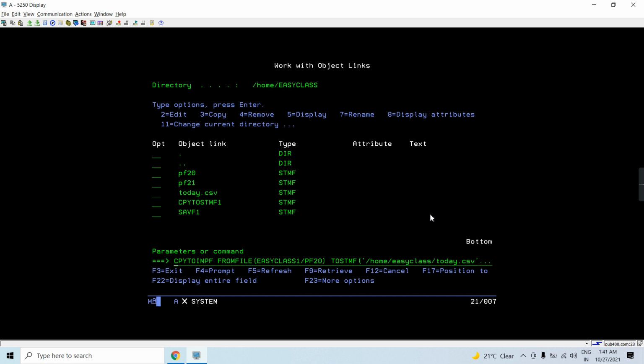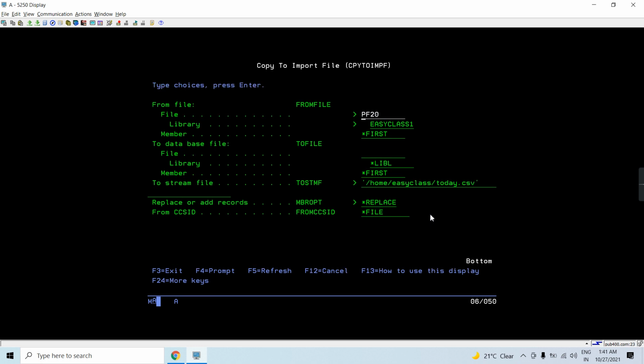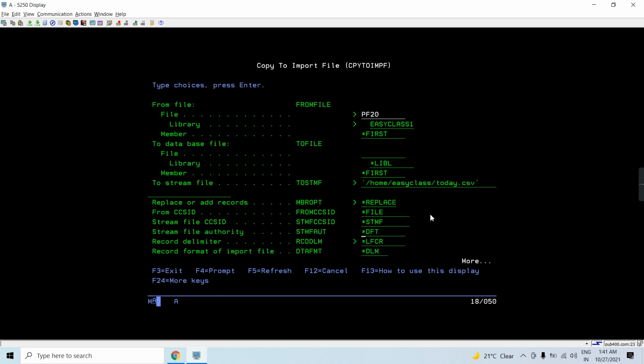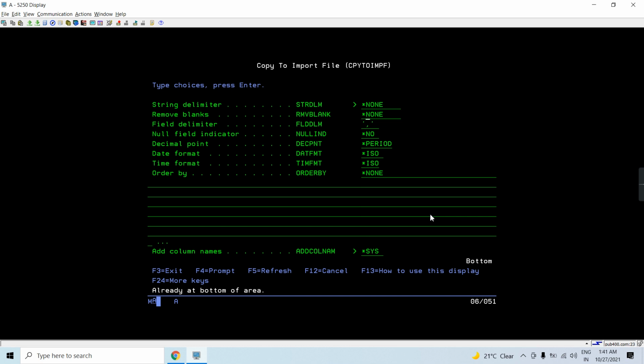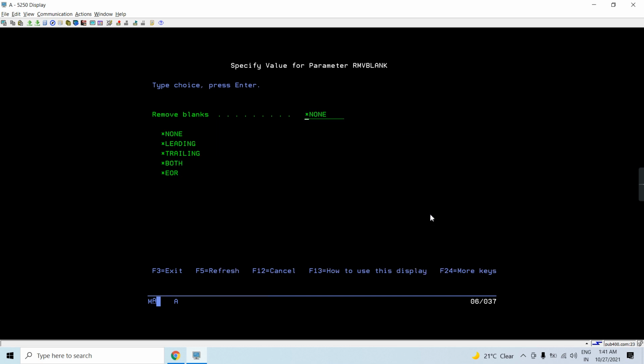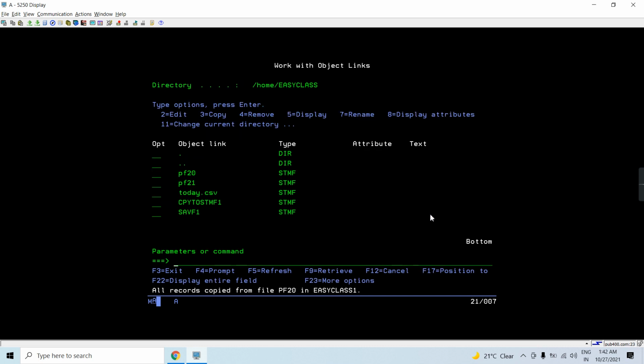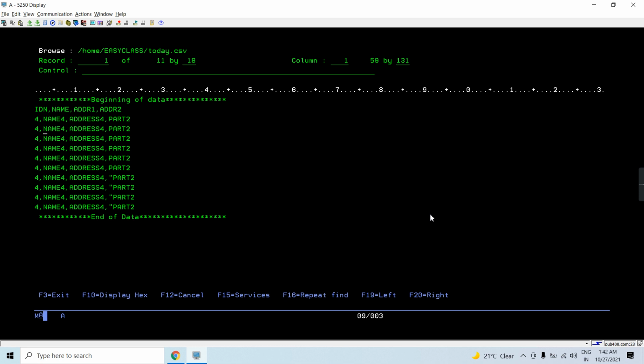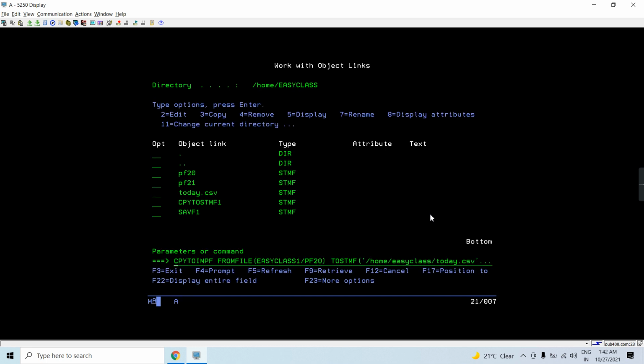So let's remove the blanks from both sides. Just take F5. You will see the blanks are removed from each value, and we can see some formatted data right now.